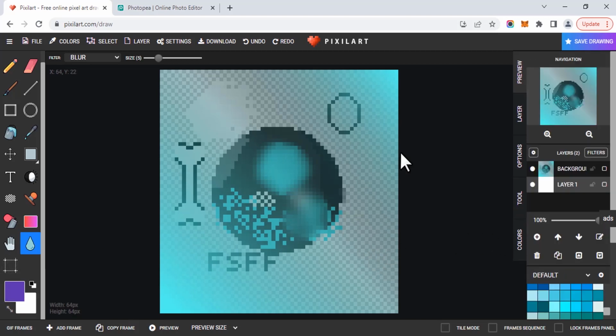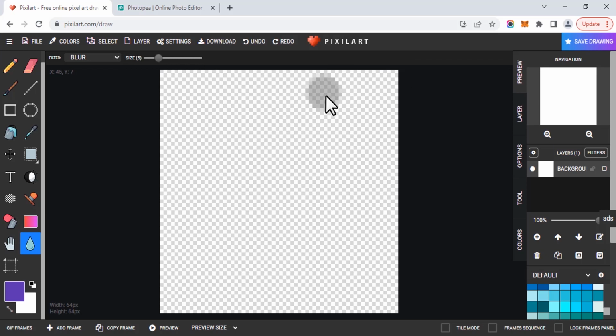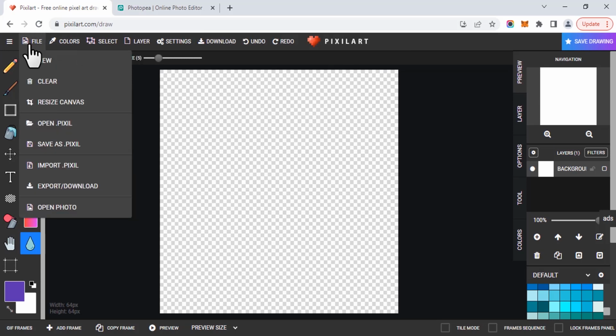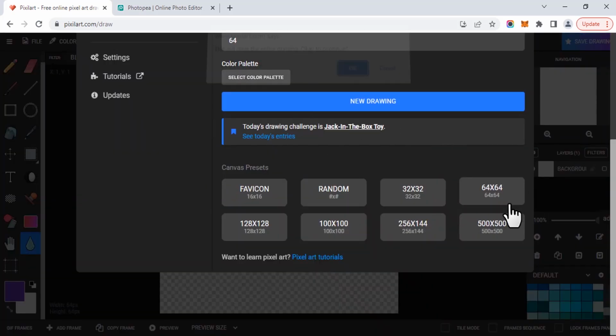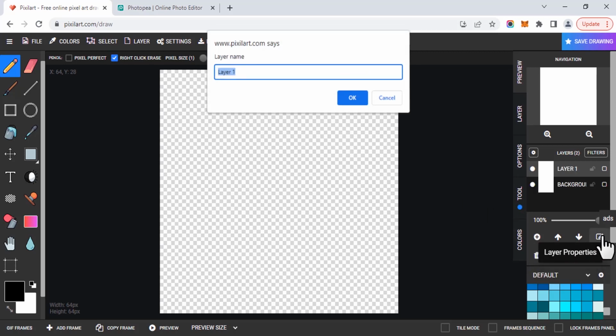So let's create some art using this pixel art. Go to file and clear. To clear the image, I'm going to create a new 64 by 64. So now I'm going to draw a cat. You need to create a new layer. So click on this to create a new layer and click on this to layer properties and change the layer